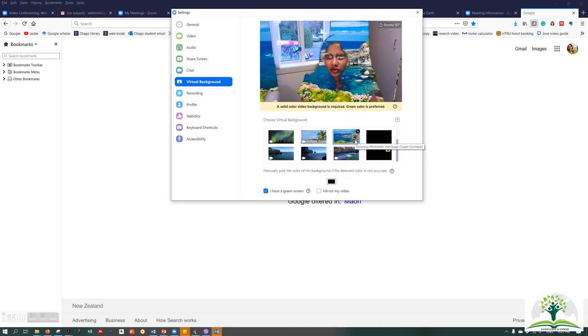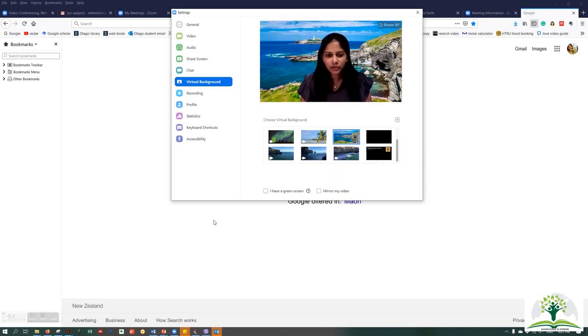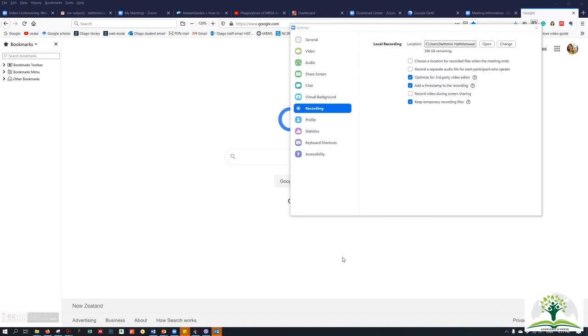So better to leave it unticked. Okay, let's see the recording options. This is important for lecturers, or else if you are hosting a meeting, you can play with these options as well. So the first one is, if you are planning to record a lecture or some conversation with someone else,